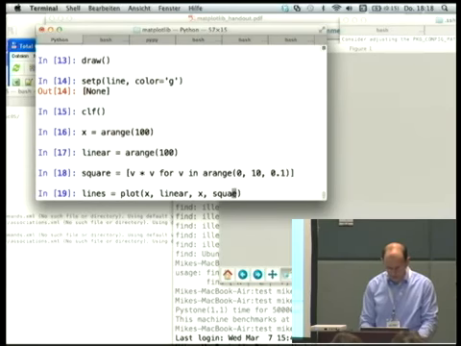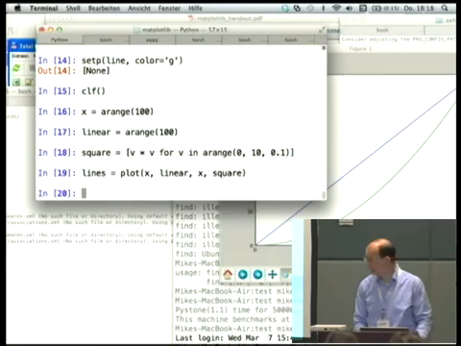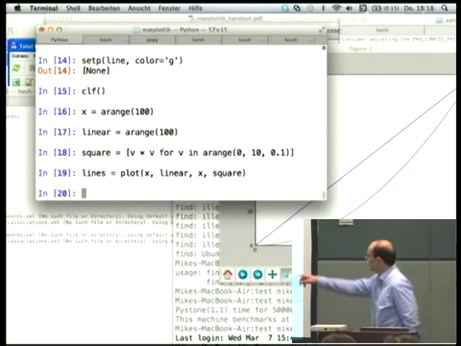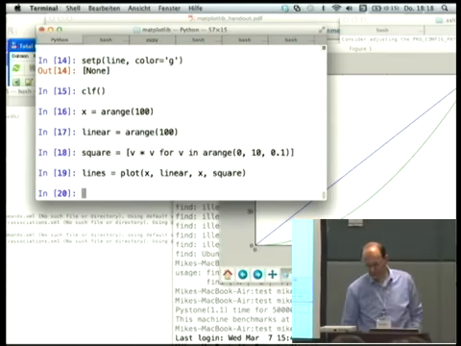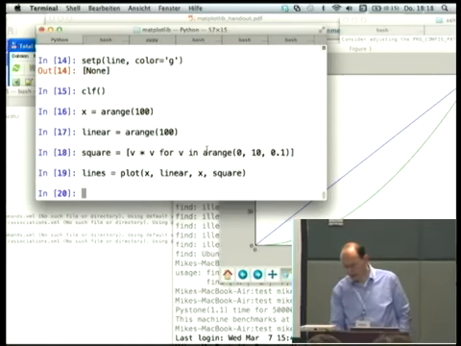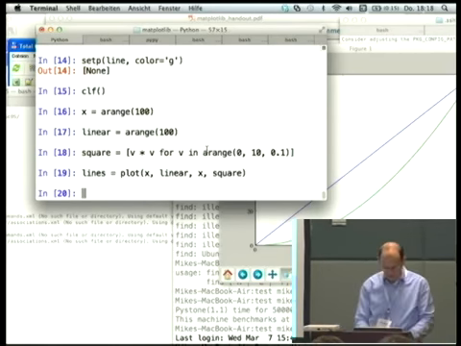Square. And if everything is right, then this thing should show up, and you see now we have our linear one and the squared one. So just to have something there. And now we can also add a legend. We say legend,